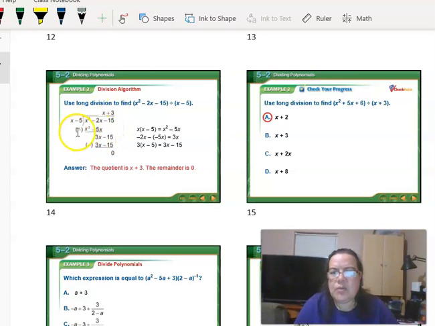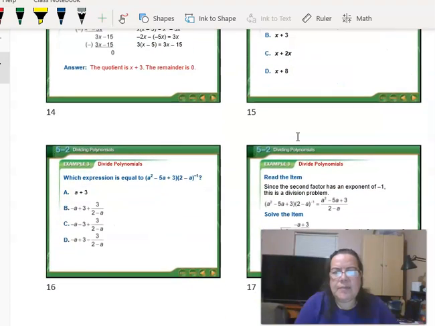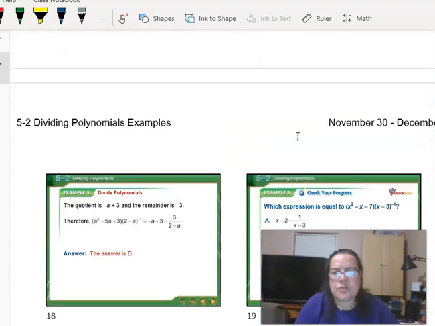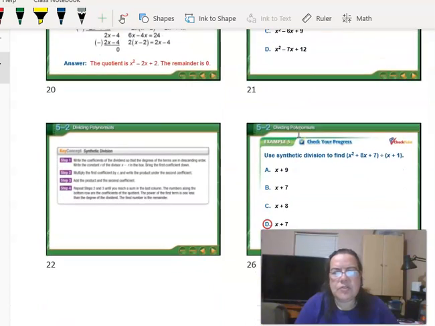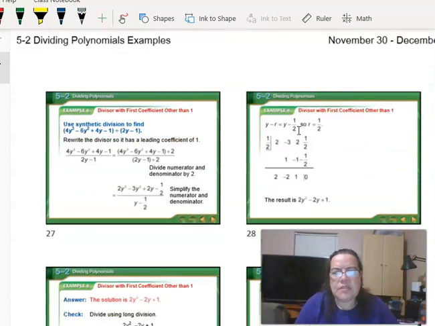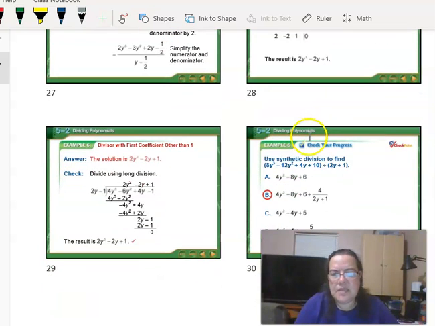Do not forget that when you subtract this layer, you subtract both pieces, so you distribute that negative to both of these terms here. And then they're going to ask you also to do some examples with synthetic division. So once you get through that set, you're going to see some of the synthetic division